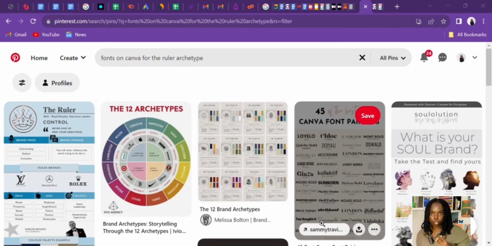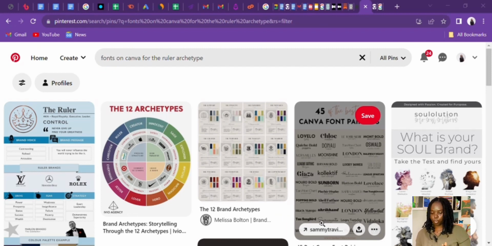The next thing we want to do is to find out the best font that suits our brand, and then we move to logo. But because we are going to be making use of Canva, there are so many fonts that relate to the ruler archetype that you might not find on Canva. So what we want to do is to go to Canva and look at different fonts that are available that can resonate with ruler. The ruler archetype means a brand that is not playful, that is serious minded.